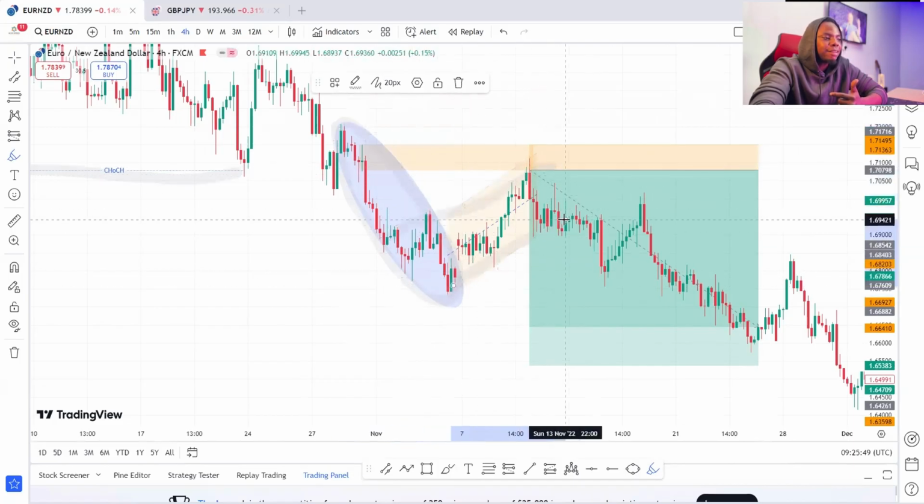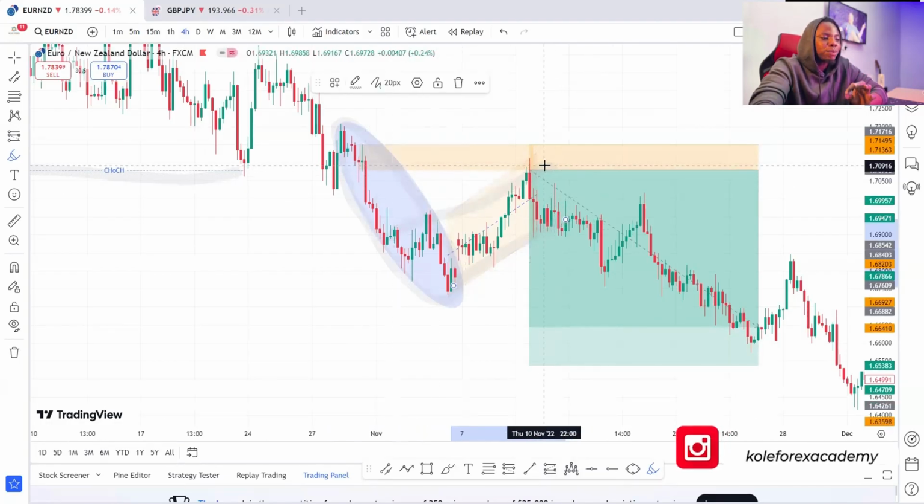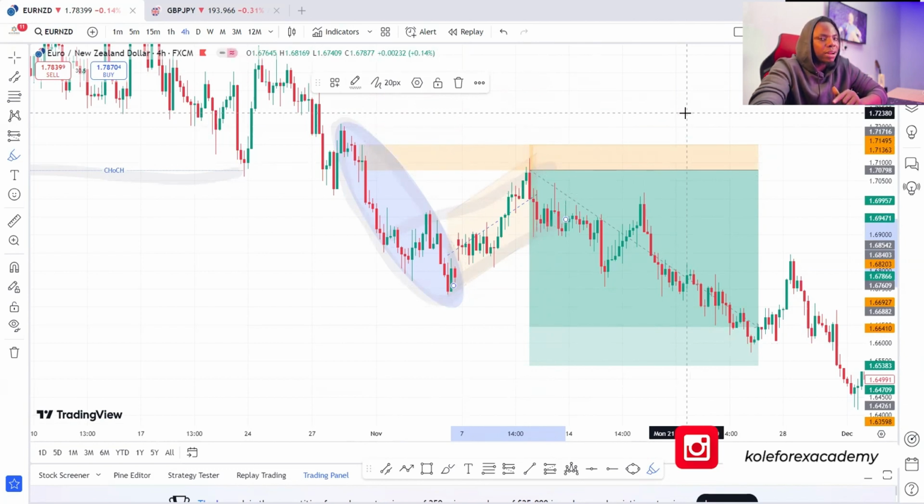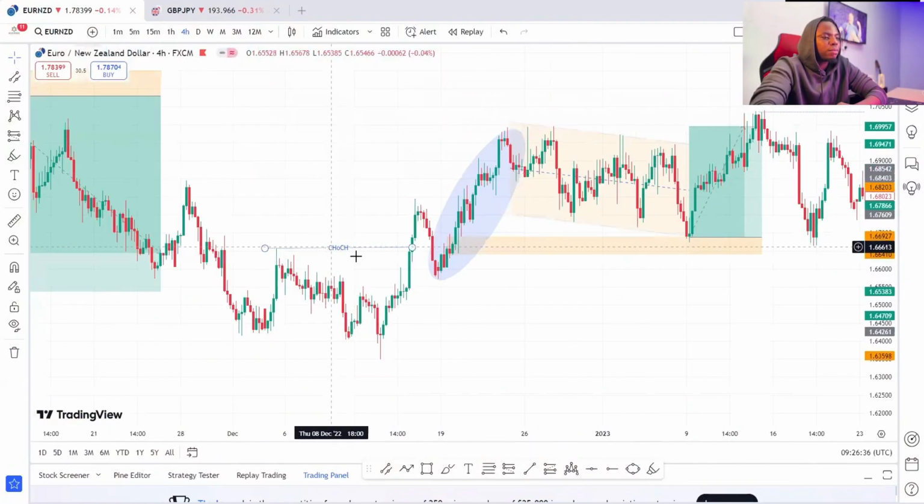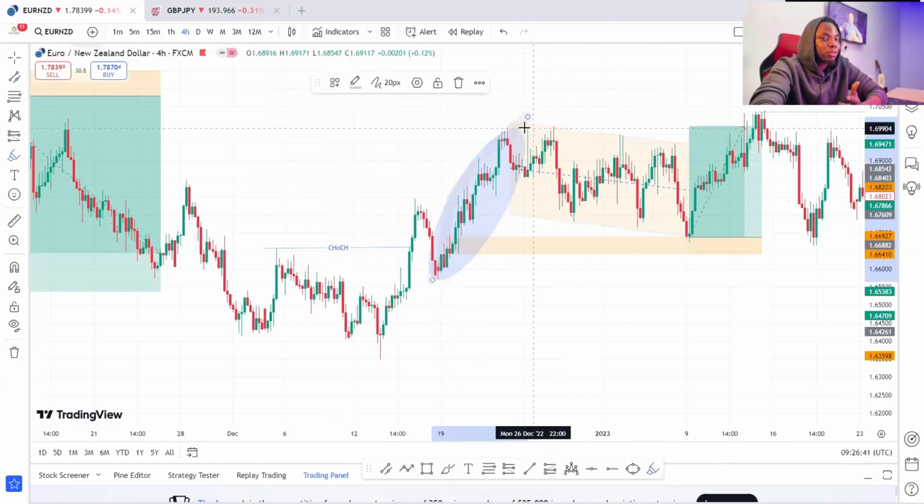I have an impulse to the downside, then I got this particular correction. This is a sign that I'm expecting the sell to continue, and see the way the market just tapped into our order block and the market sold to the downside. Just like what I said, other detailed things will be coming on board that will explain how we get our entries in the market. For the sake of this video, I just want you to master this concept, right? So let's come back to our chart again.